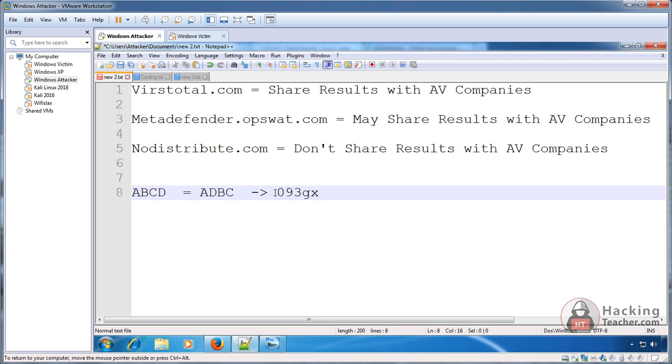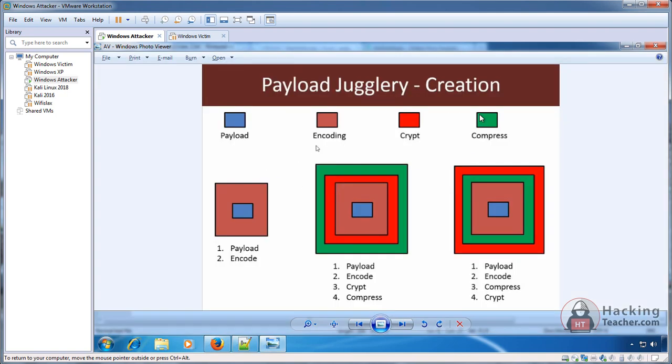Maybe antivirus companies are also very smart nowadays. They also have the decryption algorithms of those common encryptions which are used by the crypter companies or the Trojan companies. So the antivirus could also decrypt it, convert it into ADBC, and decode it and convert it into ABCD. Then it's almost naked and it can detect it. Till the point it's not naked, it cannot convert it into a hash. It will compare hash with hash and it can detect it. So the first layer is encoding, then you can maybe make it encryption, and the third thing which you can do is compression.